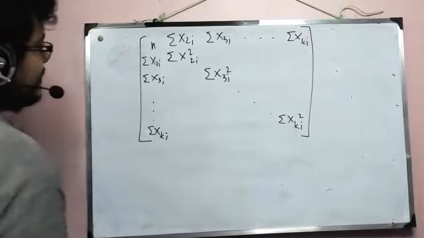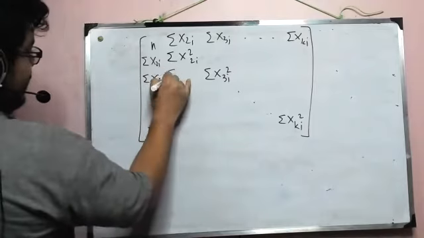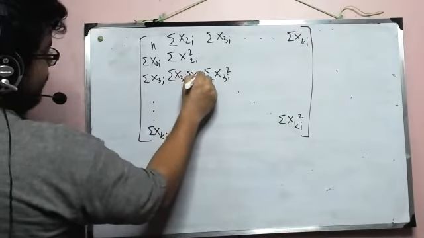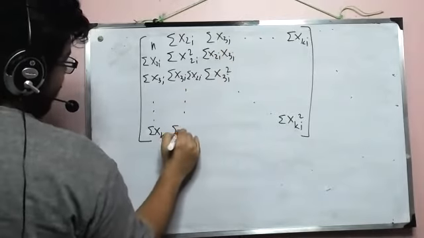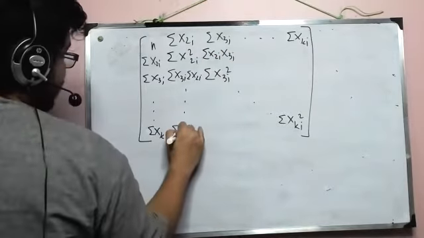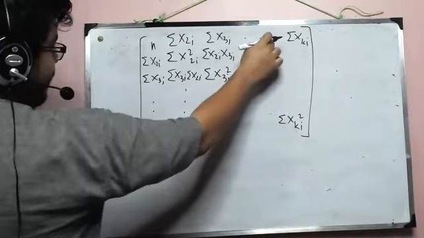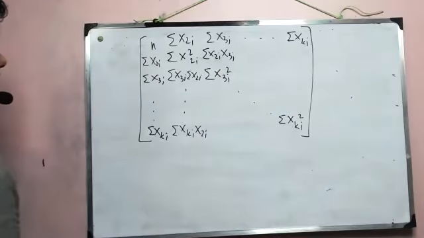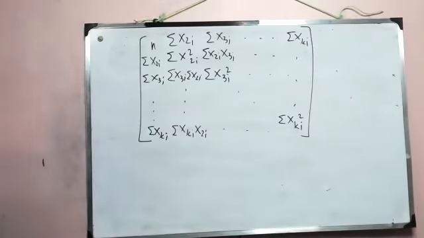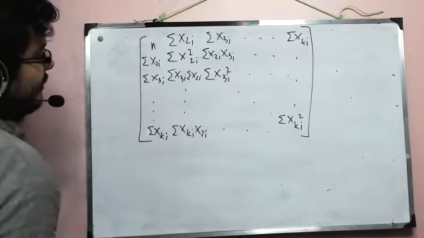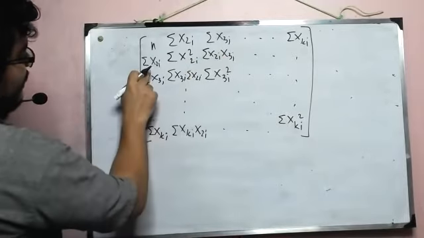And what about the rest of it? The rest of it is pretty simple. The rest of it is our symmetric structure. So X3i, X2i, and here will be X2i, X3i, and so on. So this will be XKi, X2i, and in the same way, here will be X2i, XKi. Now if you look at this matrix, you'll find the general nature. We have the square terms, we have the multiplied terms, and we have this one also.